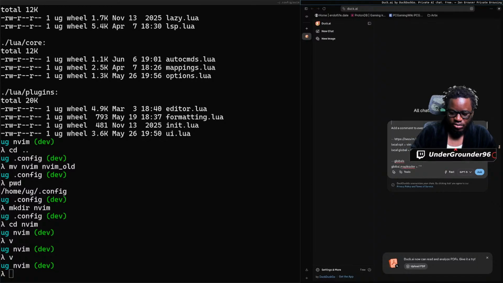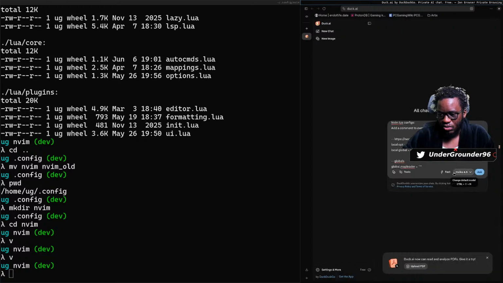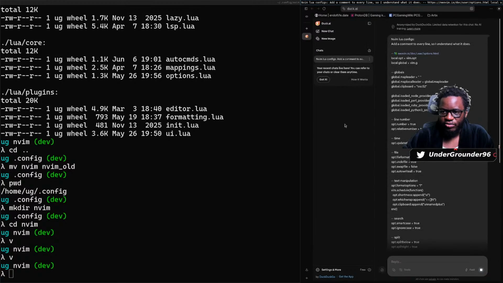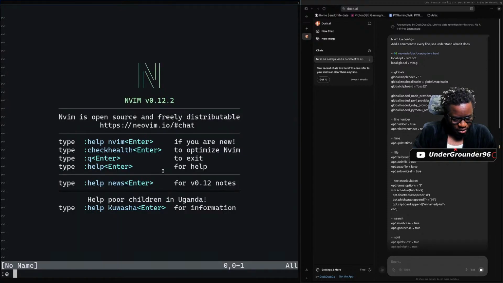And then I'm gonna add first nvim lua config. Yeah. And then there you go. It didn't go, don't know why. Let's change to Claude fast, that's enough, and then just let it cook, let the AI cook. So while the AI is cooking, we can come back here, go to